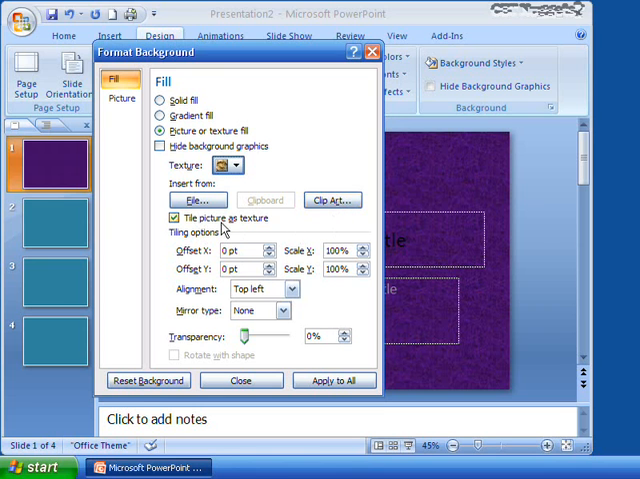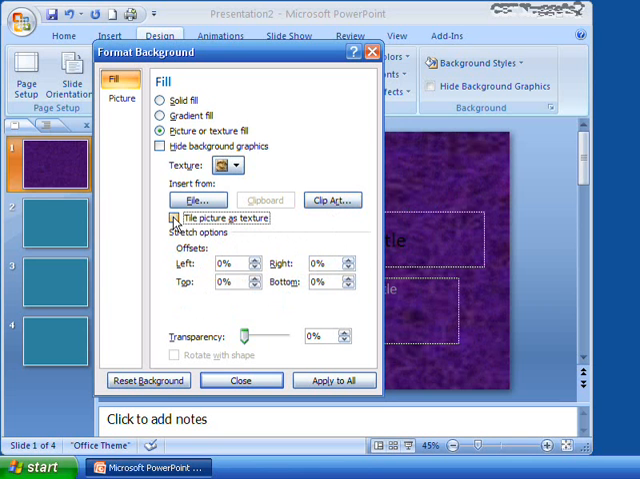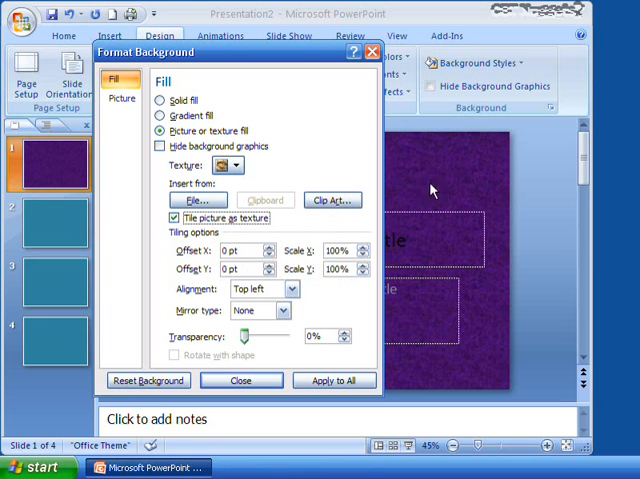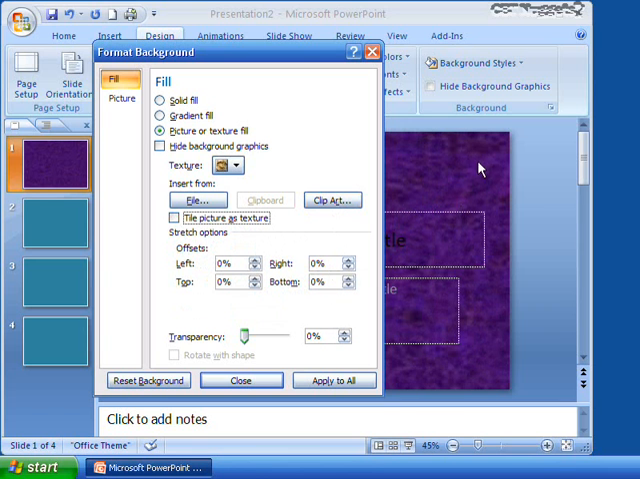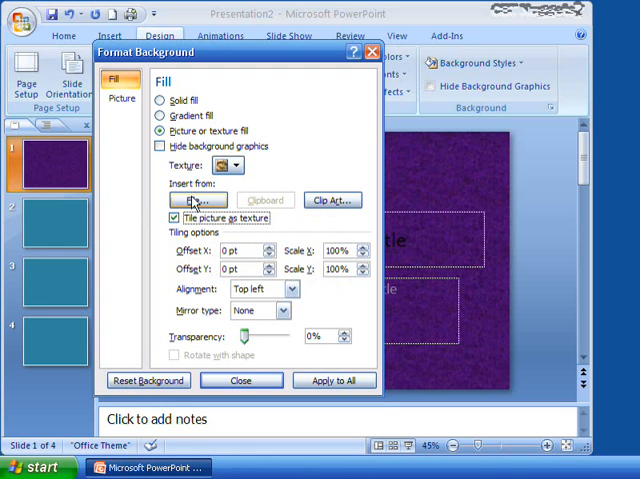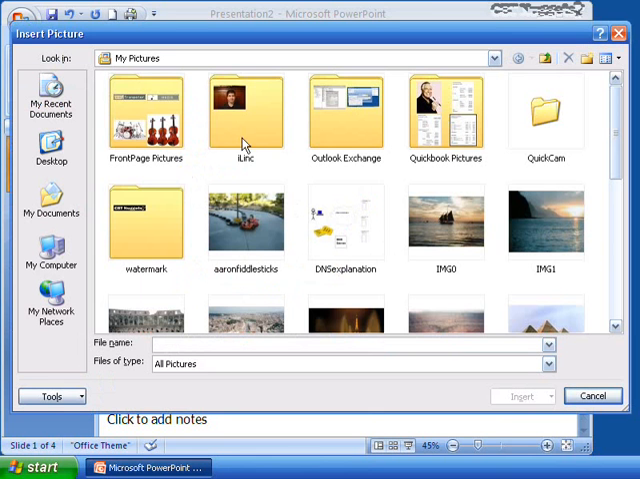Now you can tile the picture. I'm using picture and texture together, the picture as a texture. So if the picture is not big enough, it'll actually tile it. Or you can take that off and just use it. Instead of tiled, you can use it as one big, huge stretched purple. Like that. The same thing works right here when you click on File, and let's say I want to pick